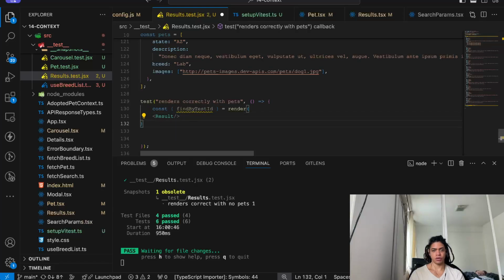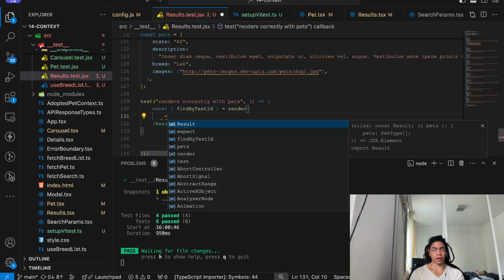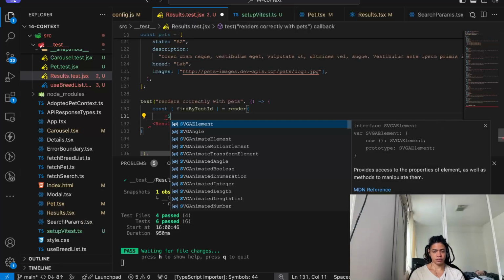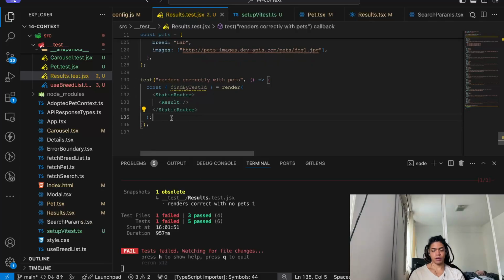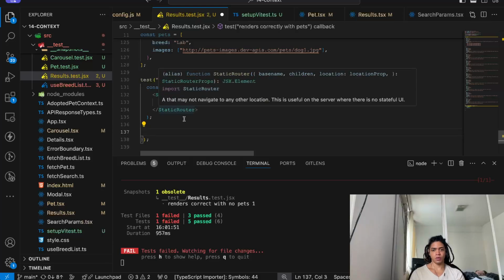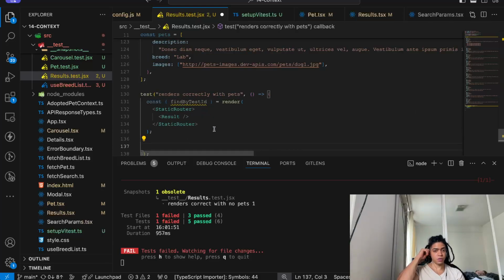This is when you start to render nested components. In our case it's static router from the React router. Okay, and the thing we're going to check is, we're going to say, hey,